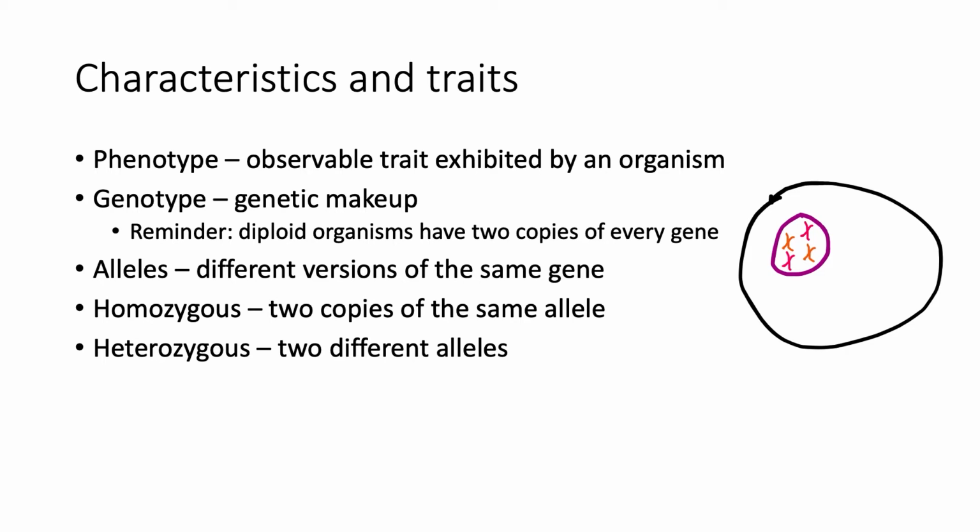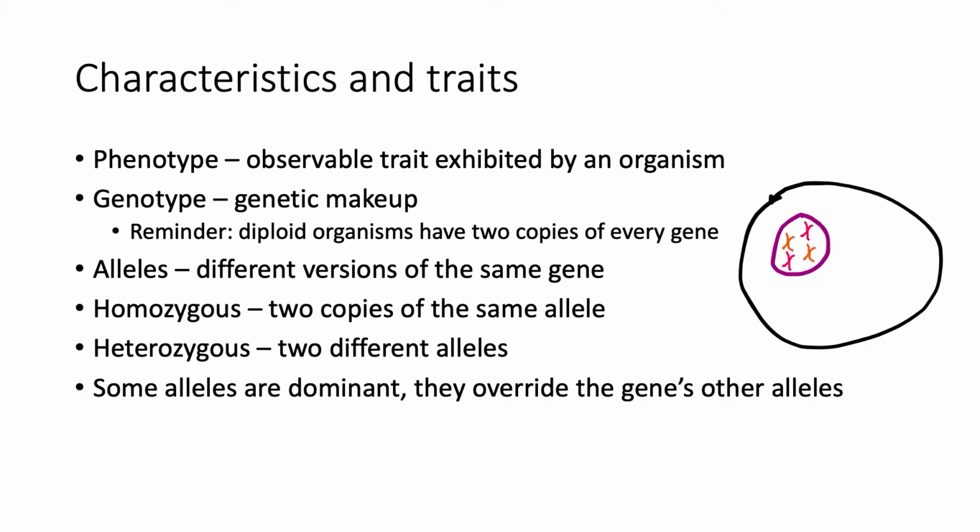Finally, the really important thing to remember about alleles is that some are dominant and some are recessive. So whenever the dominant allele is present, it will actually express its phenotype over the recessive, even if the recessive allele is still there. In our eye color example, it turns out brown eyes are the dominant ones, and blue eyes are recessive. So if you had an individual with a heterozygous genotype, meaning 1 blue eye allele and 1 brown eye allele, the dominant brown eye allele would override the recessive blue eye allele, and the person would have the brown eyes phenotype, so they would just have brown eyes.